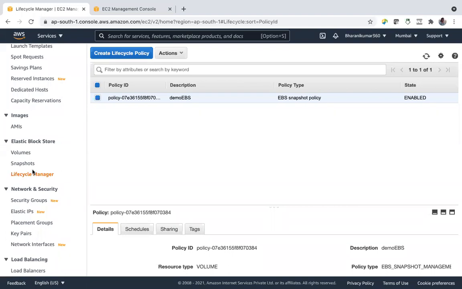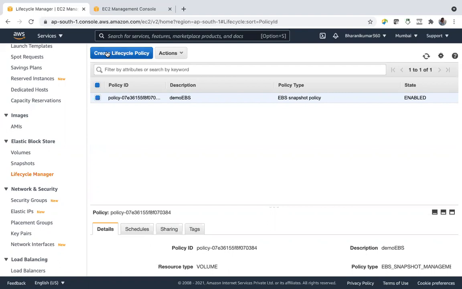So if you want to launch more servers with the same change, then you have to take an AMI of it, and then you will be able to launch instances with the changes done. Instead of this, you can take backup of your instances and also volumes using Lifecycle Manager. You can automate the process of taking backup simply.